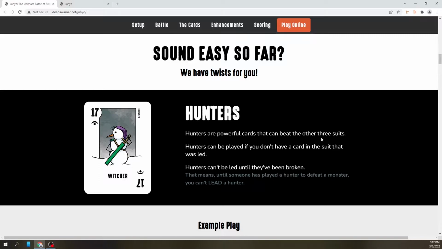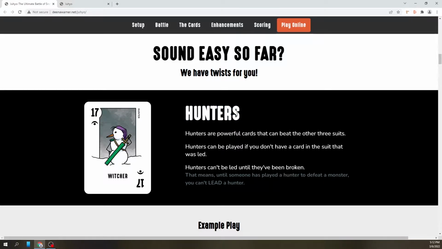So you can pretty much assume they're going to be like a trump card. But like a trump suit, say you're playing Hearts, you can't play a heart until hearts have been broken, until they've been played by somebody else. And Hunters is sort of the same way. So you can't lead with a hunter until hunters have been broken.